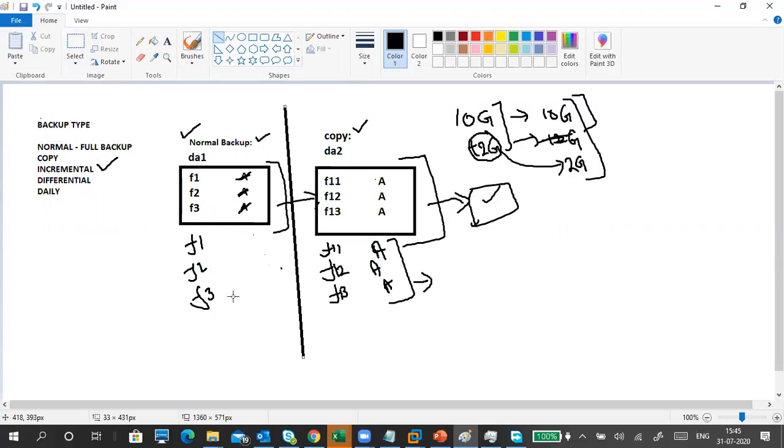Now what I did is I modified this F2 file and added a new file called F4. Now when I want to take an incremental backup of all these files, automatically it will take the backup of these only. So understand this scenario. Instead of taking the entire backup, which one is